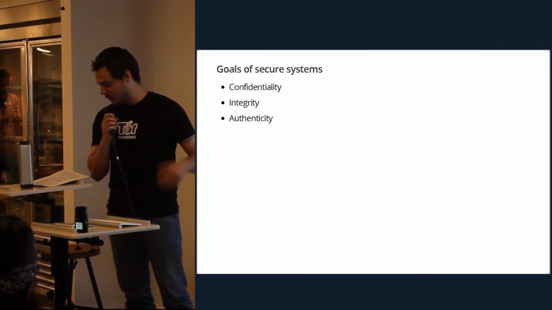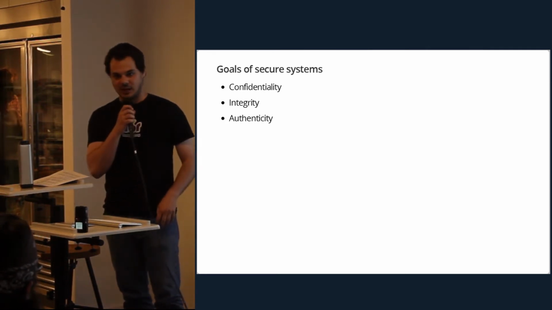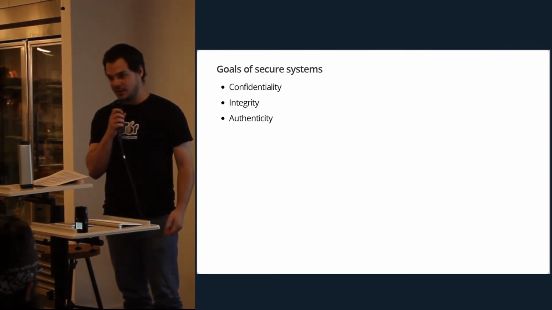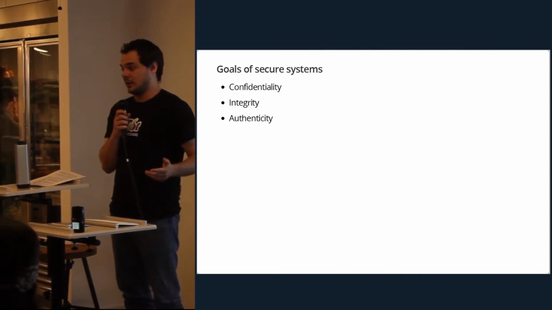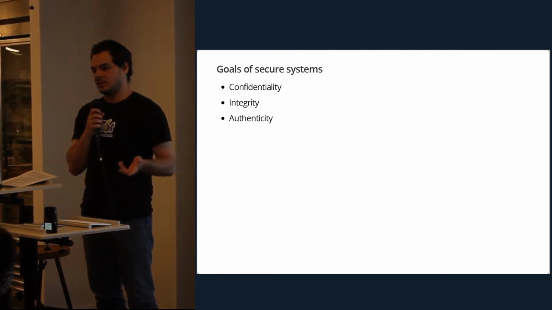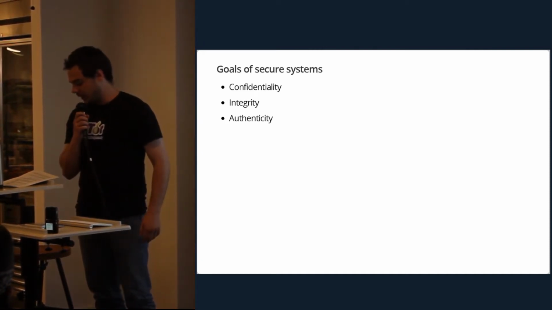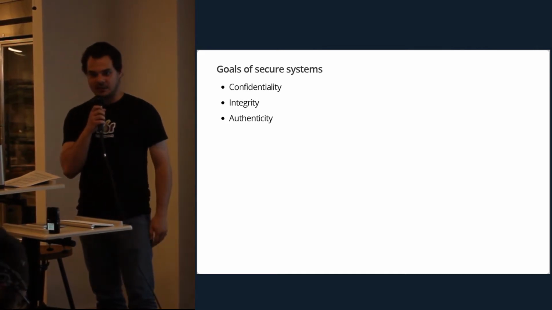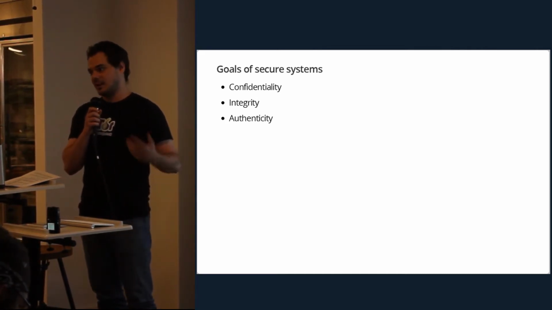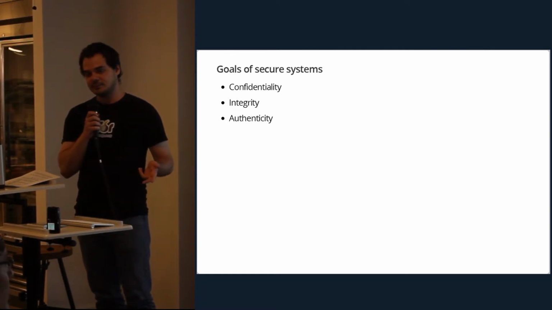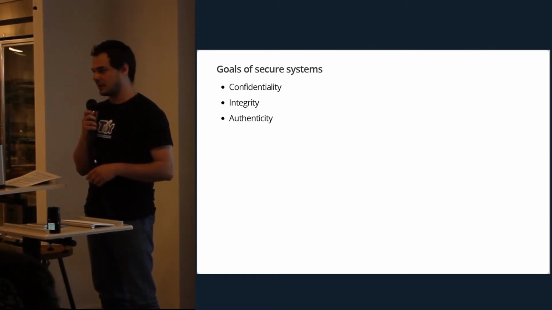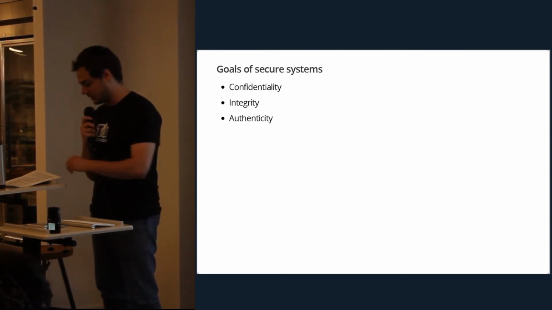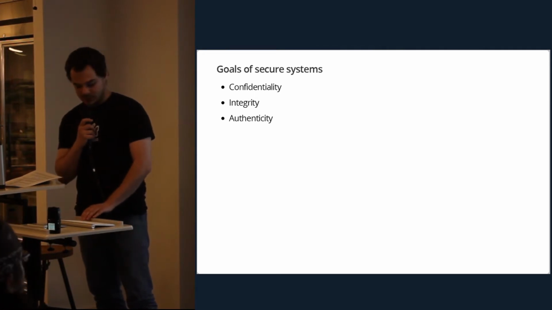If you have a system with confidentiality and authenticity, but no integrity, it means I can change messages en route. I don't necessarily have to know what they are to still have an effect on them. And if I have confidentiality and integrity, that's great. The message is secret and I can't change it, but I could forge something or pretend to be who you think you're talking to, when it's actually me.